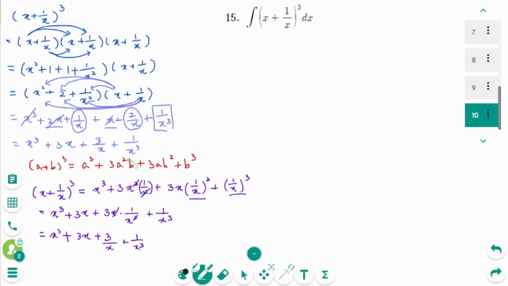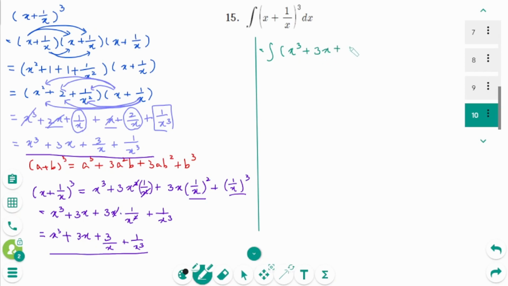We have the same answer. So we can rewrite as x cubed plus 3x plus 3 over x plus, make the power form, x to